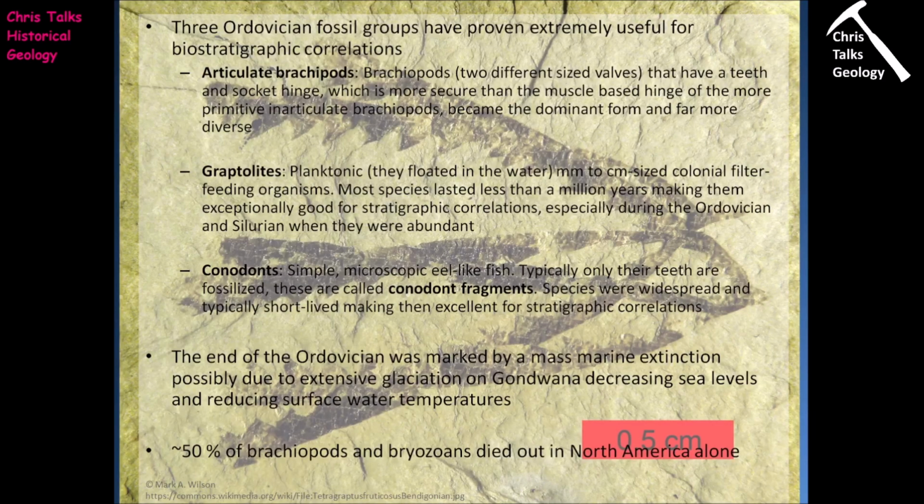So, in terms of Ordovician fossil groups, three types of fossils in particular have proven very helpful to us because they are very widespread, and typically they produce numerous species that were very short-lived. This makes these organisms very helpful when it comes to biostratigraphic correlation, so linking rocks up over large distances. Now remember, this is the first time that we're actually able to do this quite easily, because